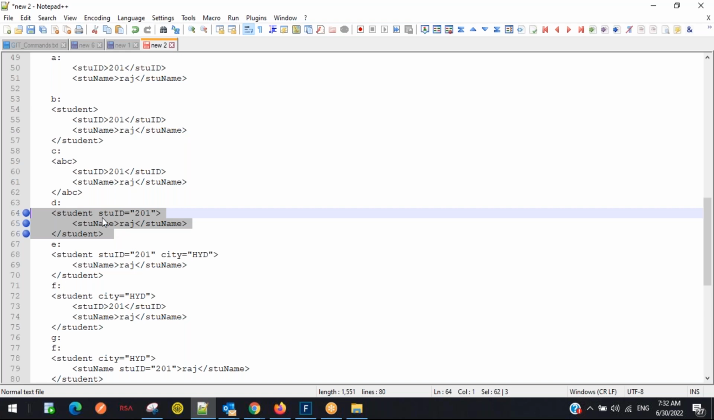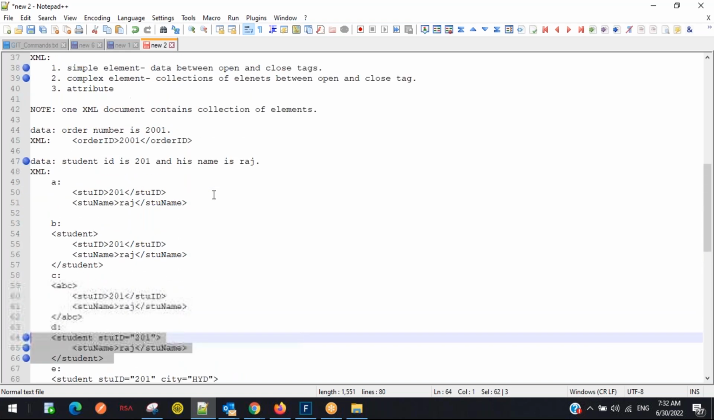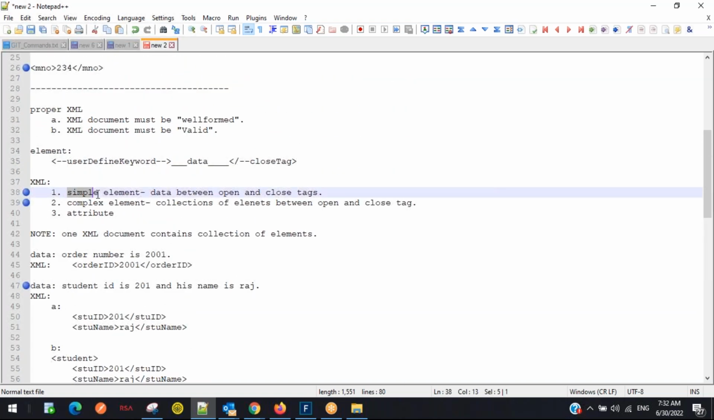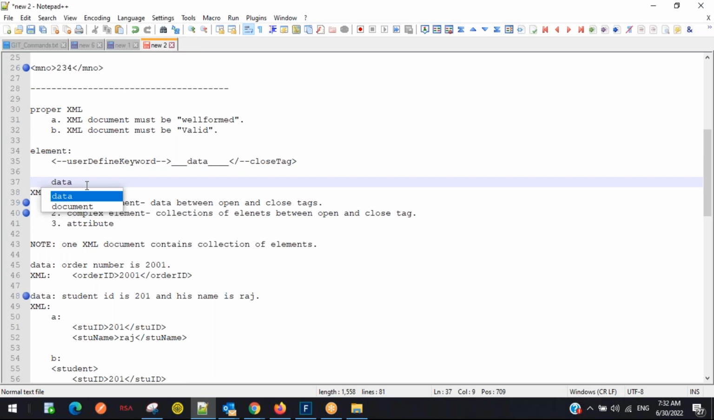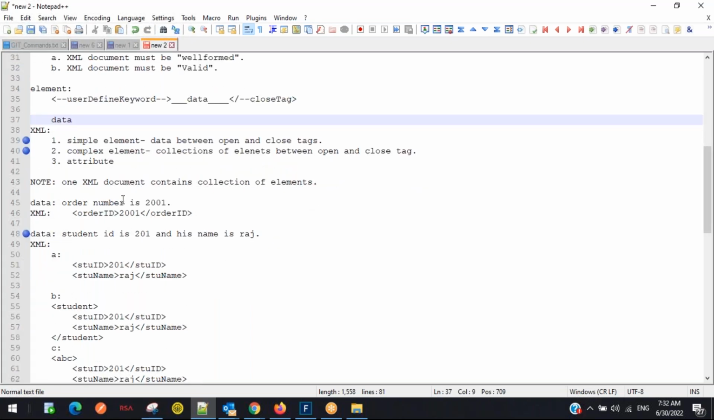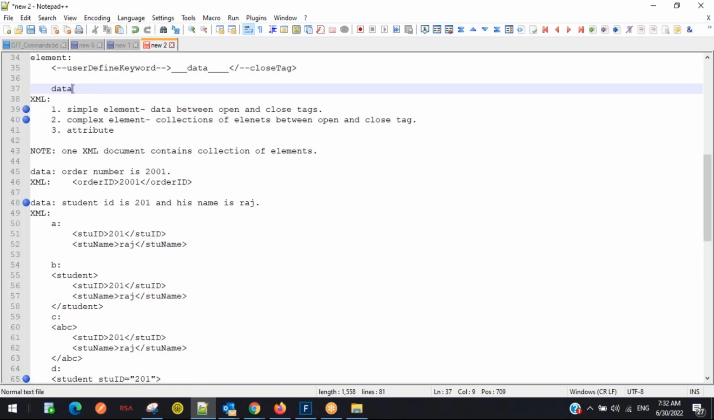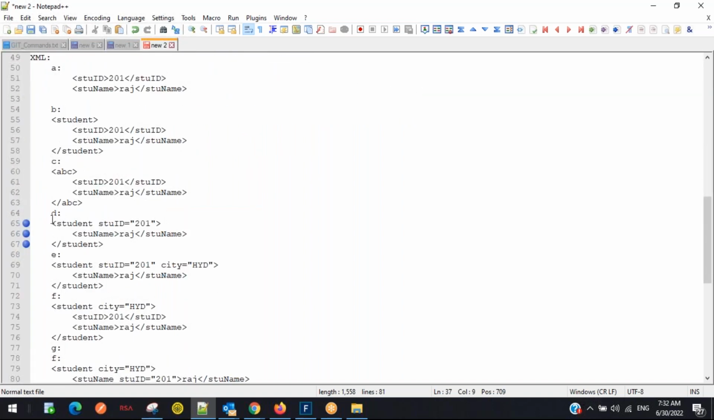Okay. So there are multiple things we are talking about. I'm talking about different keywords. Simple element is one keyword. Complex element is one keyword. Attribute is one keyword. And we are also talking about something called data. In this exam, 4 keywords: data, simple element, complex element, attribute. Please differentiate them. In this example,